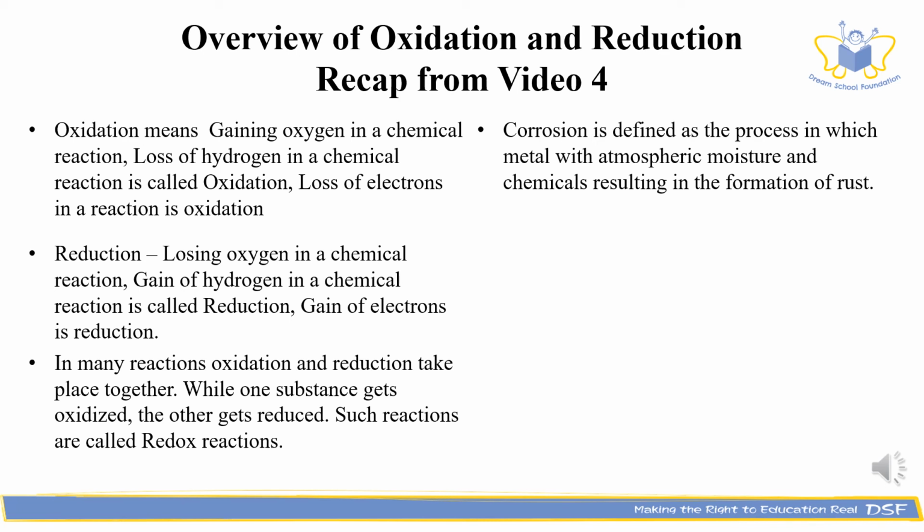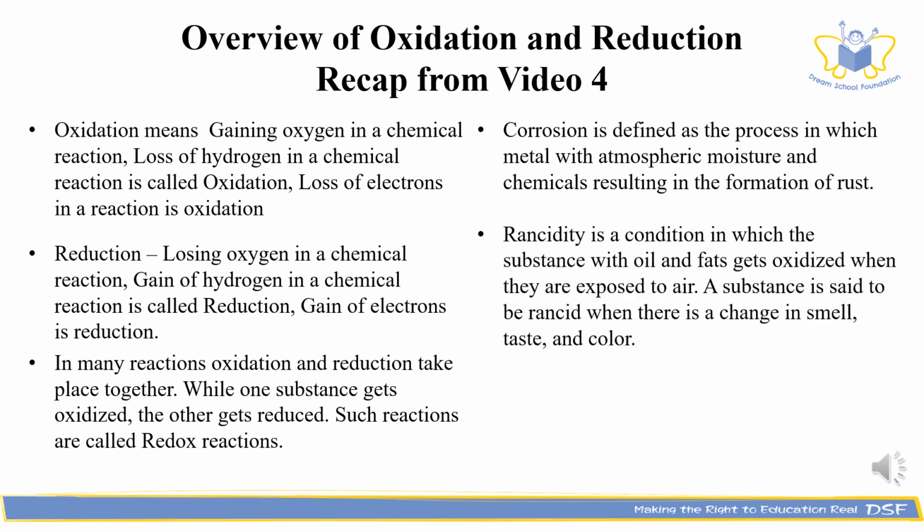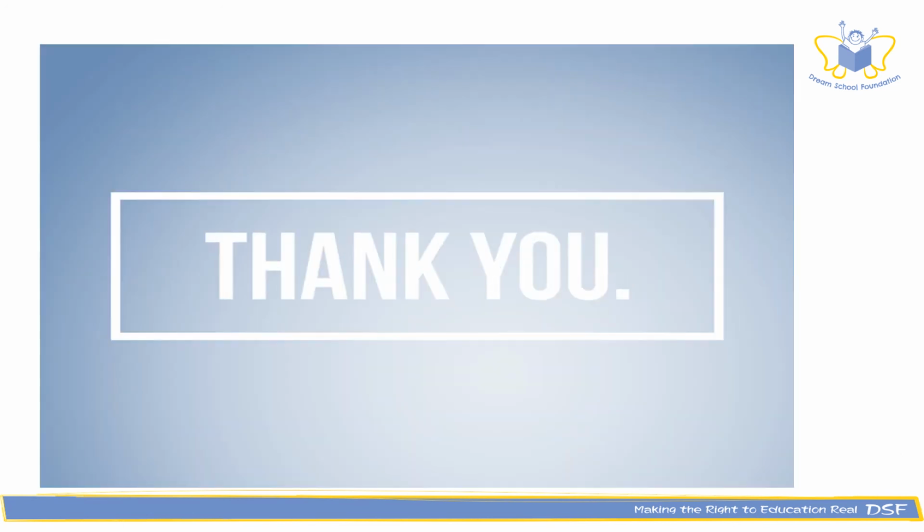Corrosion is defined as the process in which a metal reacts with atmospheric moisture and chemicals, resulting in the formation of rust. What is rancidity? Rancidity is a condition in which a substance with oil and fats gets oxidized when exposed to air. A substance is said to be rancid when there is a change in smell, taste, and